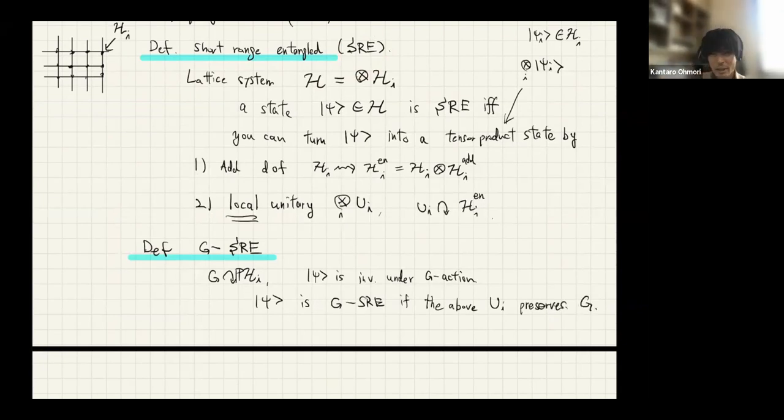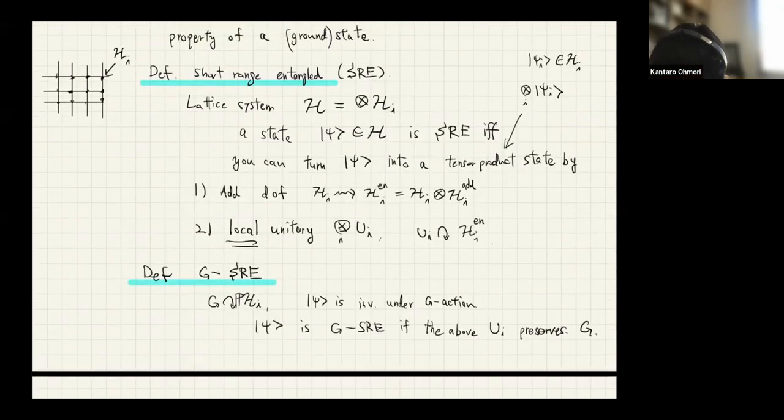And you can let G also act on this additional thing. But this is just it. If you can make the state into the tensor product state while respecting the symmetry, then it's called G short range entangled. And then